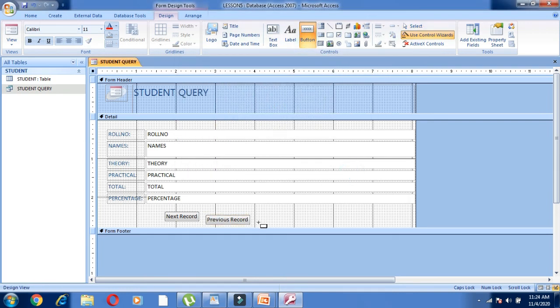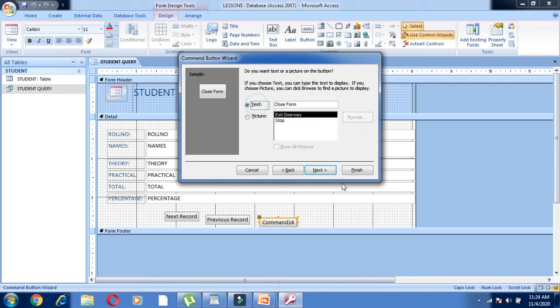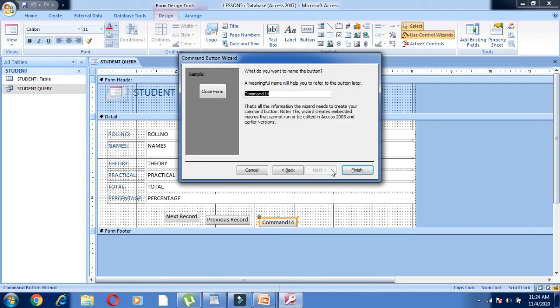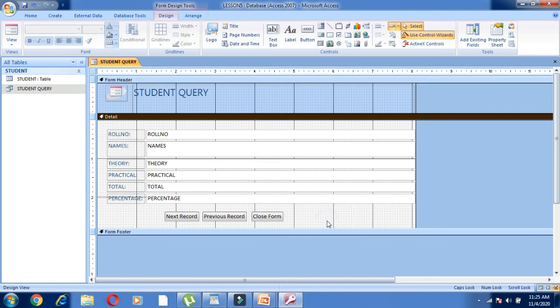And another button, we'll click on form operations, and finally close form. Then text, next and finish. So you can see we have 3 different options available: next record, previous record, and close form.